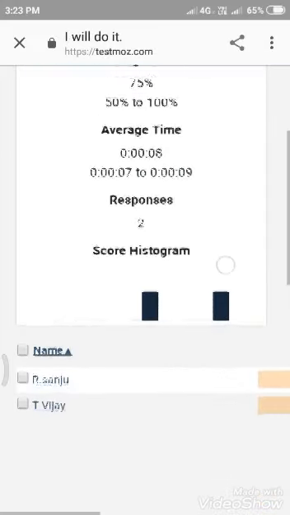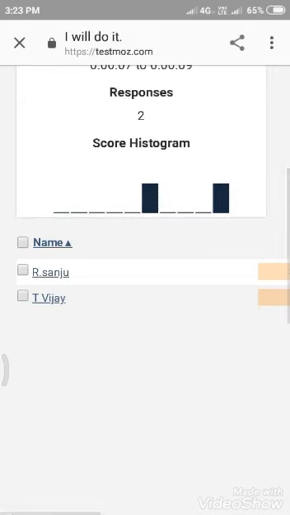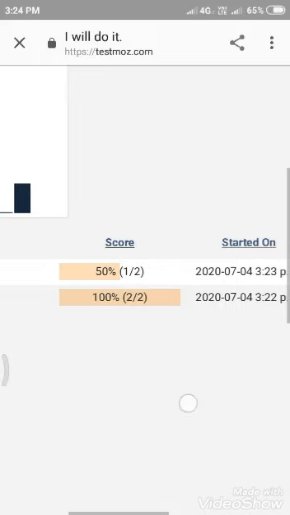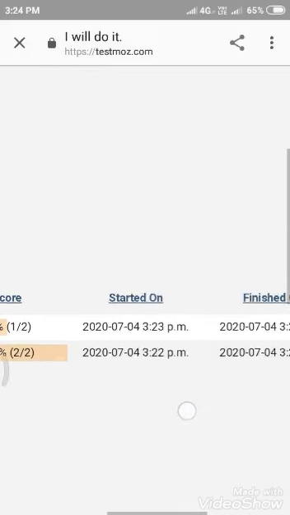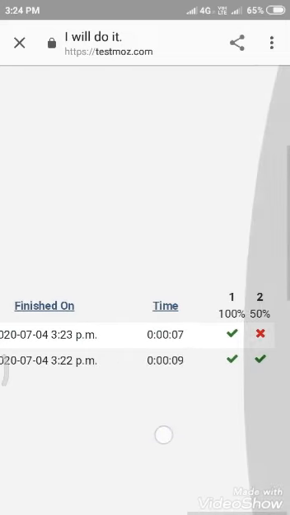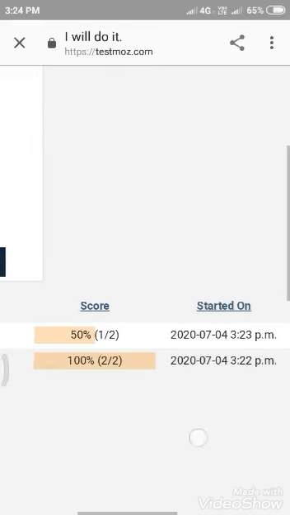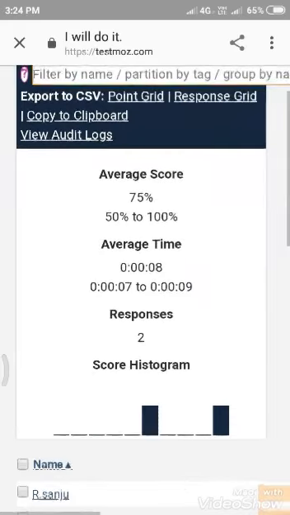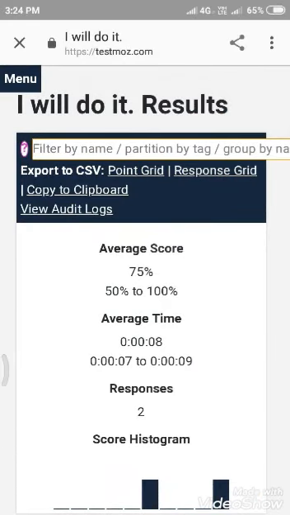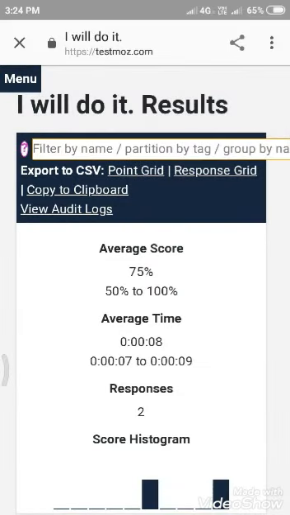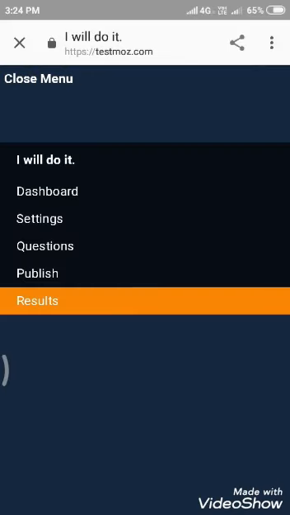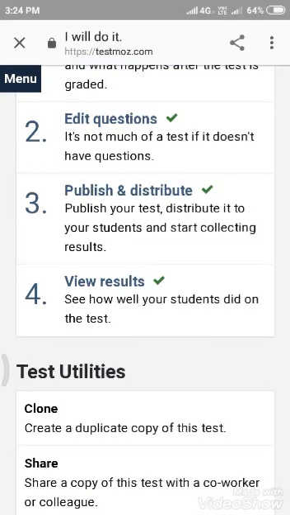Average time is 8 seconds. Responses: two children wrote the exam. So here R Sanju and T Vijay wrote the exam. A 50% score is one student, 100% is one student. Started on, finished on. Time is there: 7 seconds, 9 seconds. First question 100% right. Second question 50% right. This is the result. View results. So in this kind of way we must see the results in the results section. This is very useful to our teachers. After going to school, we must test